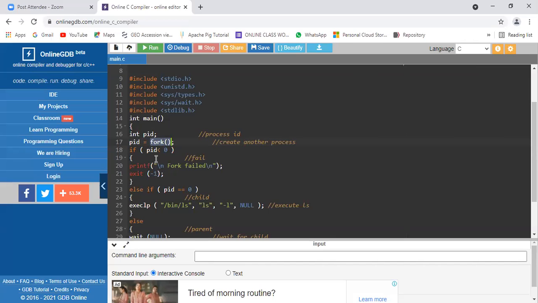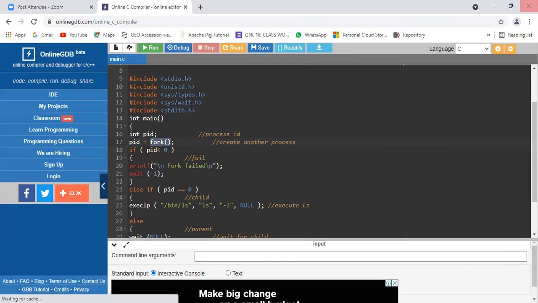Okay. If PID is a negative value, suppose if it returns the negative value, then we may treat that the process creation has failed, right? So it was unable to create the process. If the PID is less than 0, or simply you can call it a negative value, in that case, it exits with -1.